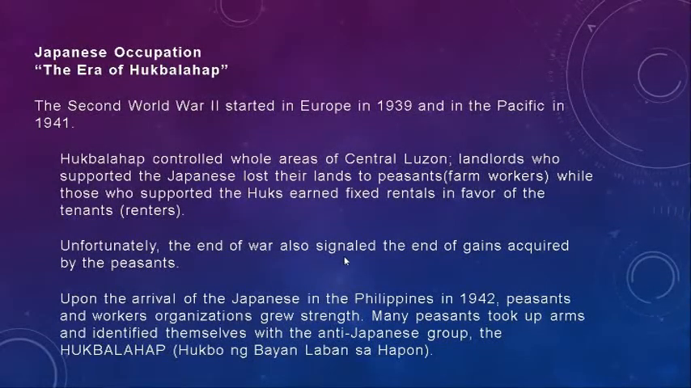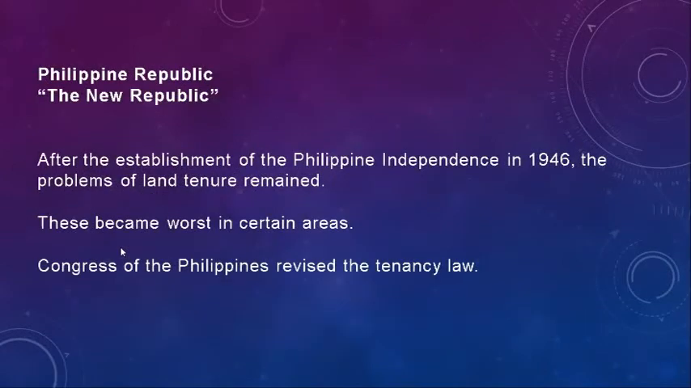Unfortunately, the end of war also signaled the end of gains acquired by the peasants. So, upon the arrival of the Japanese in the Philippines in 1942, peasants and workers organizations grew in strength. Many peasants took up arms and identified themselves with the anti-Japanese group, the Hukbalahap, or Buo ng Bayan Laban sa Hapon. Now, in the new republic, after the establishment of the Philippine independence in 1946, the problems of land tenure